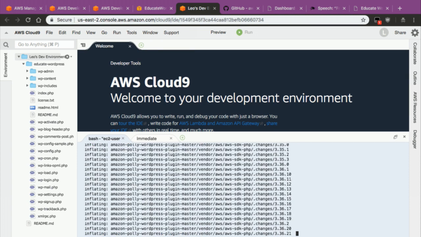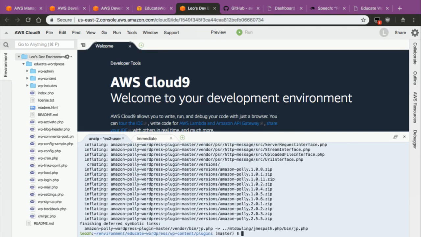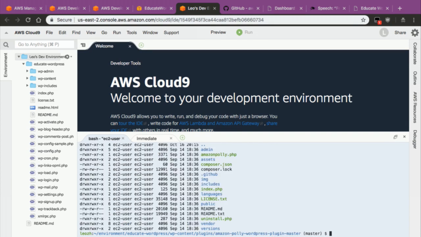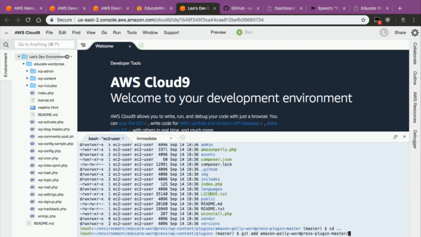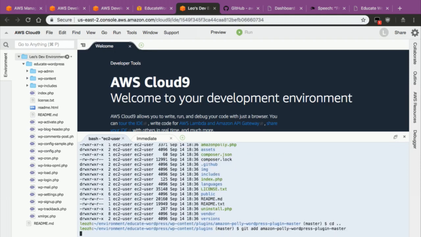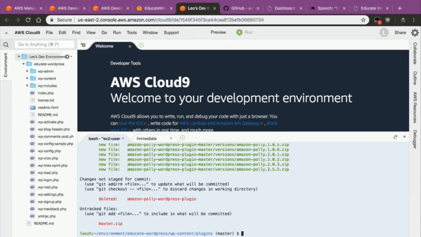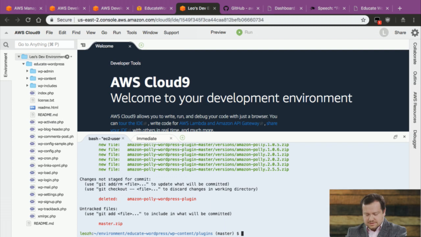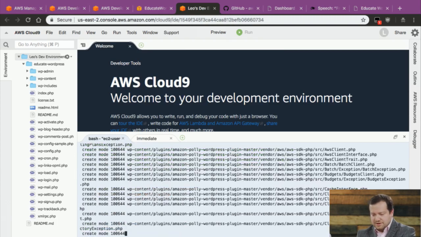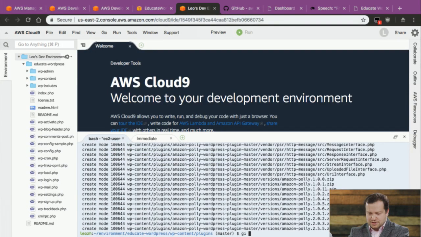So I'm going to unzip it. Okay. All right, great. Now I've unzipped it, and this doesn't have any Git folders in it. So now I can add it. There we go. Now it's showing that. So I'm going to do git commit, edit poly plugin. So I'm committing my code, and I'm going to push it up